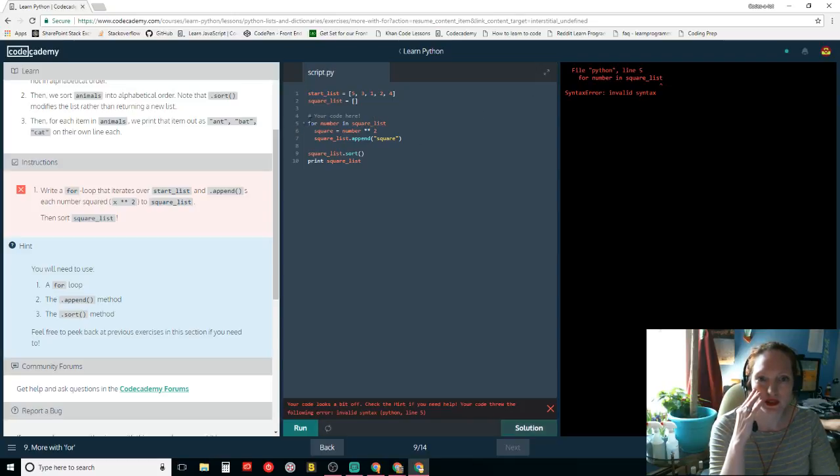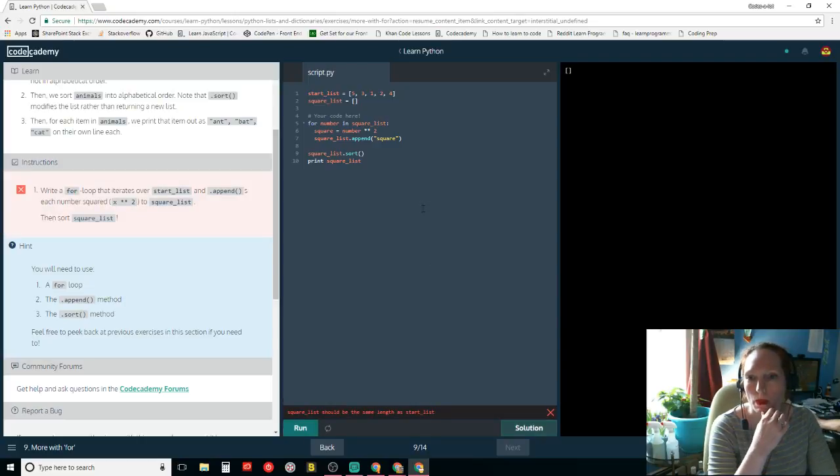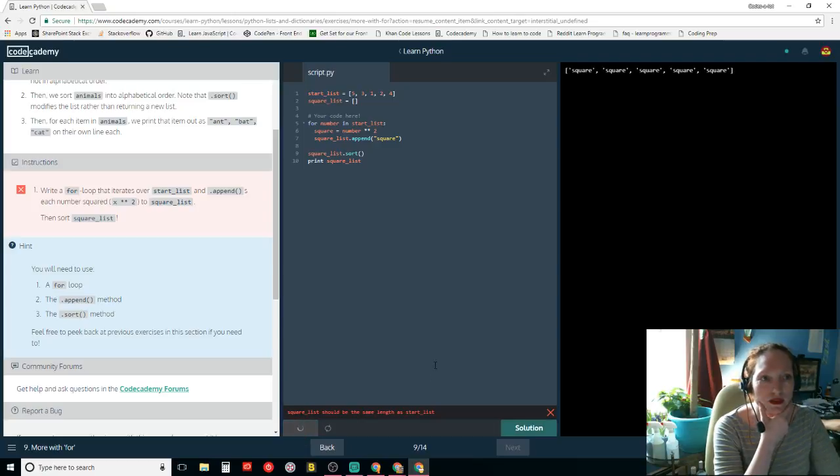Am I supposed to put a colon after it? Square list should be the same length as start list. That's why I didn't have a colon at the end. It's just putting in square.